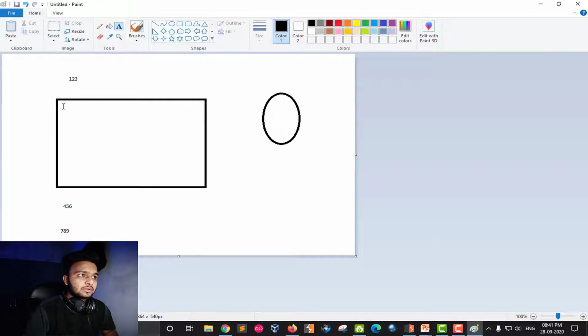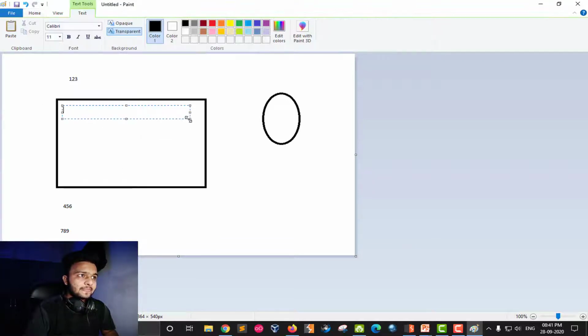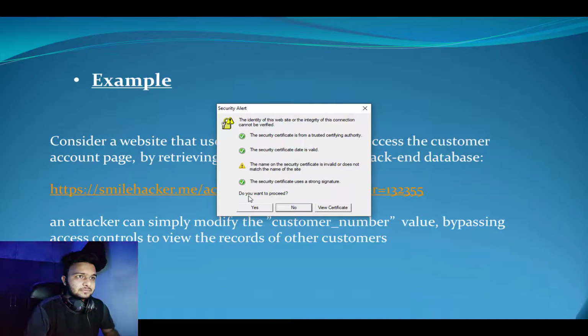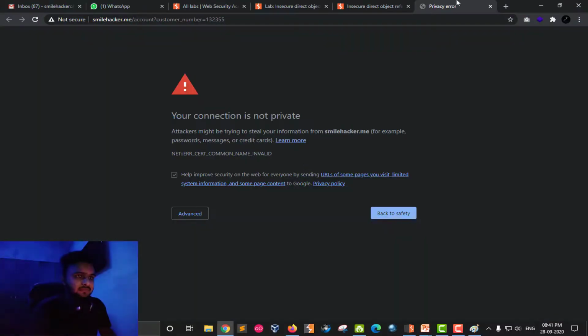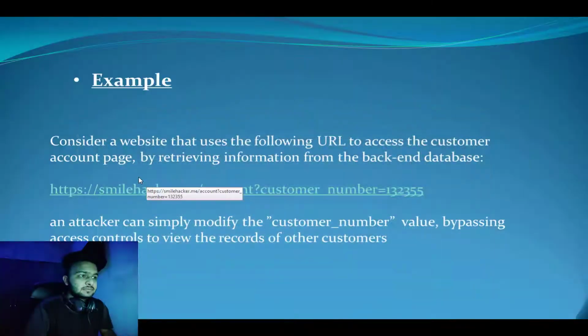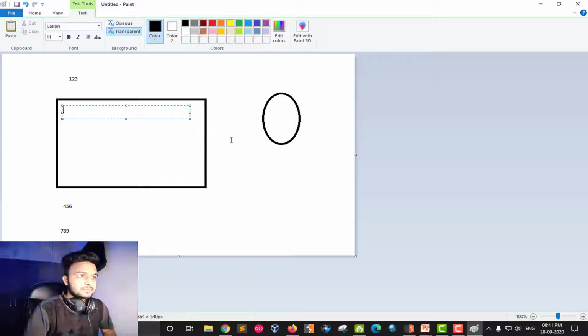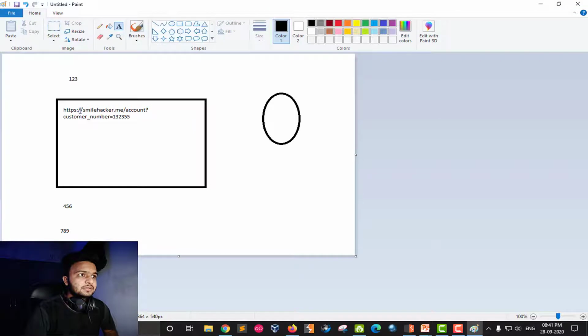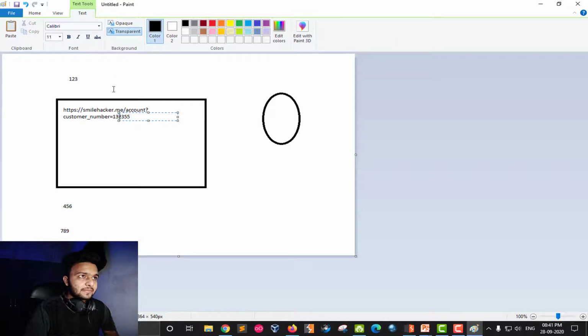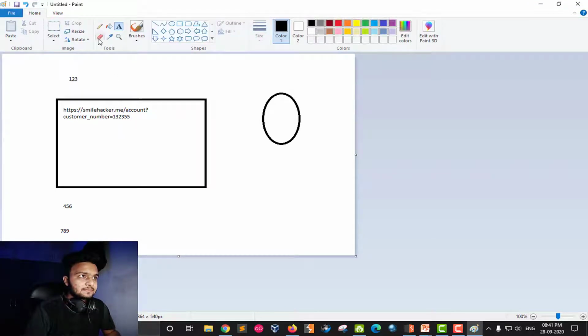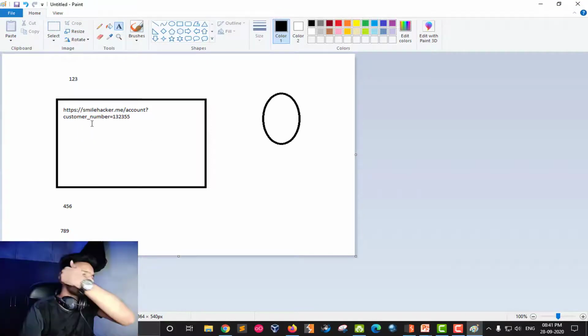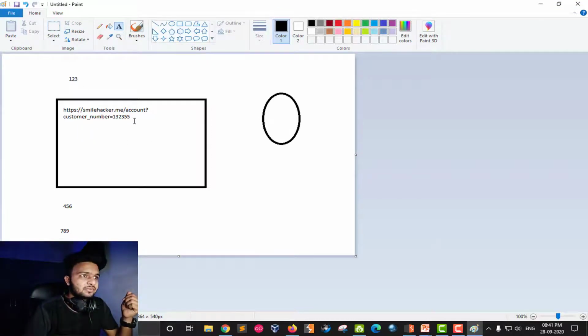So this is the URL. There is the customer ID, which is 123.